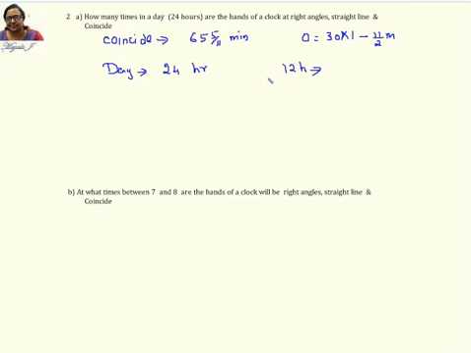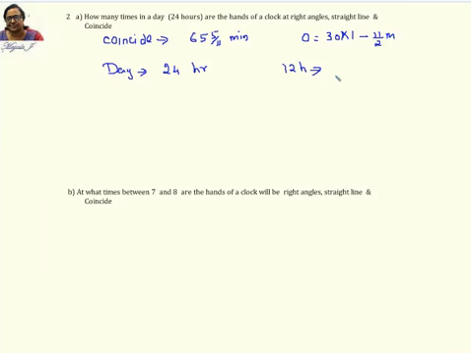It is 6 times? How can that be 6 times? Because we did this yesterday, right? Here, the hands coincide for every 65 5/11 minutes. Imagine if I say they coincide for every 60 minutes. Then in 12 hours, how many times are they going to coincide with each other? 12 times, right. If they coincide every 60 minutes, then in 12 hours they coincide 12 times.